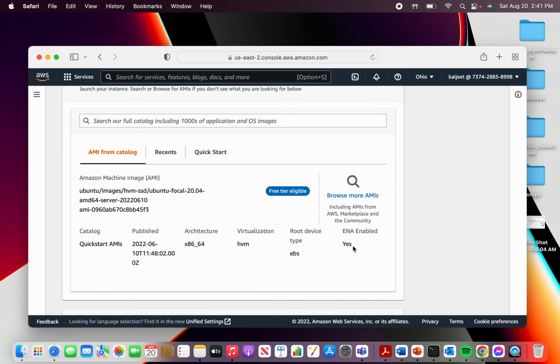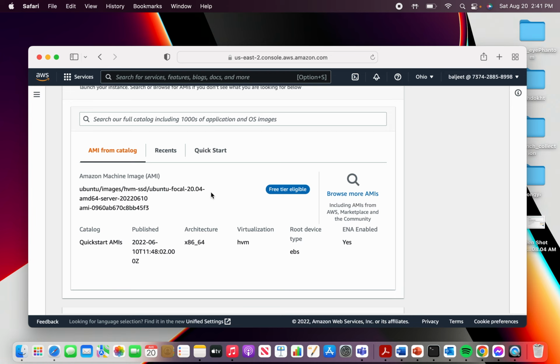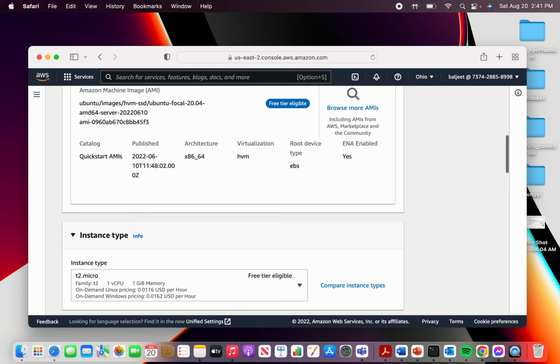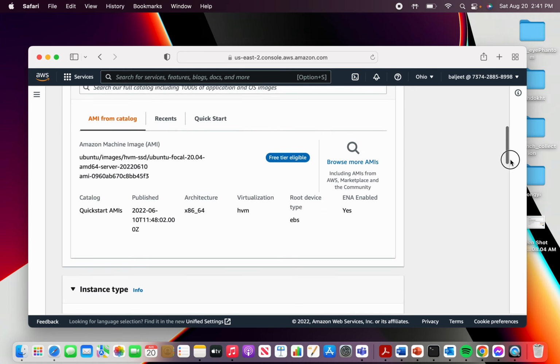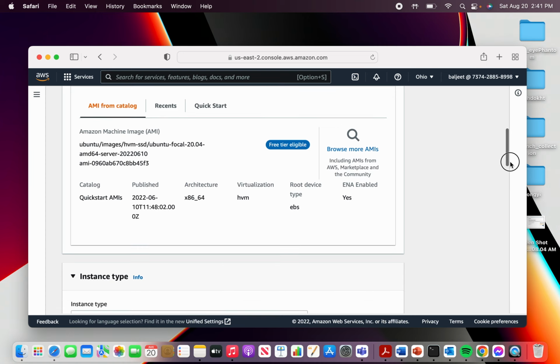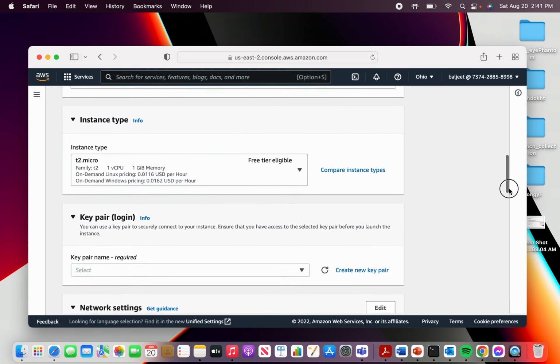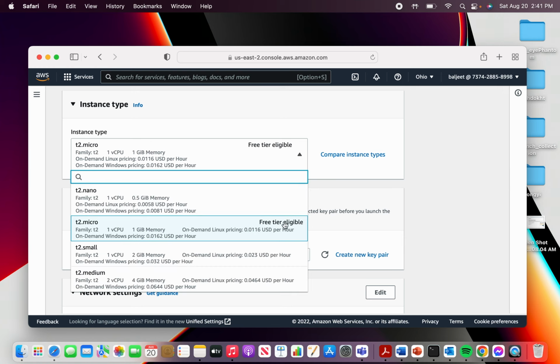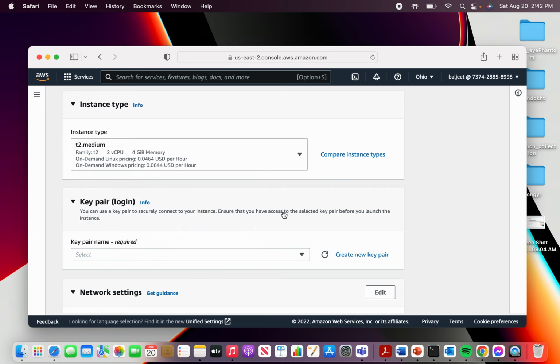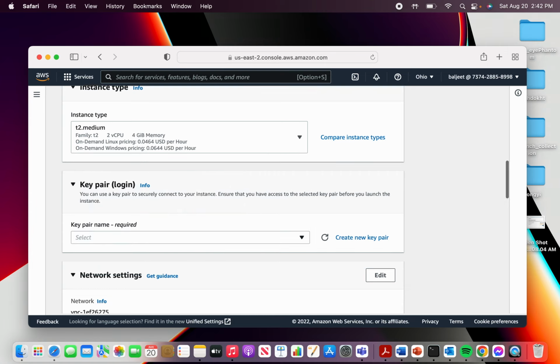And then once you are here, you have to select other things like the RAM and all. So we did already the server name, we selected our operating system, and now we need to select how much RAM we want. So basically we need at least 4 gigabytes of RAM for our simulation purposes. So we select 4 gigabytes,